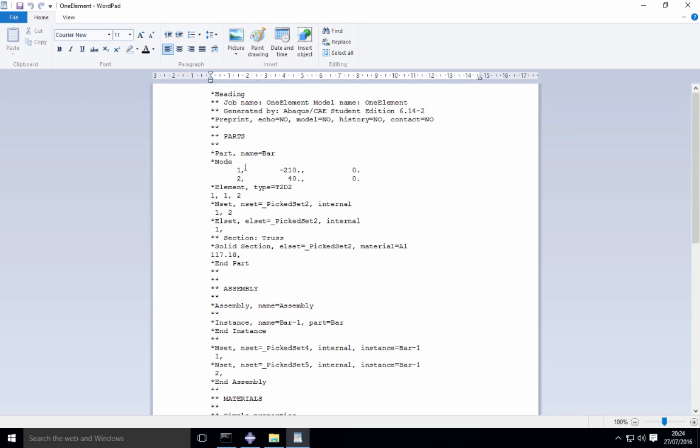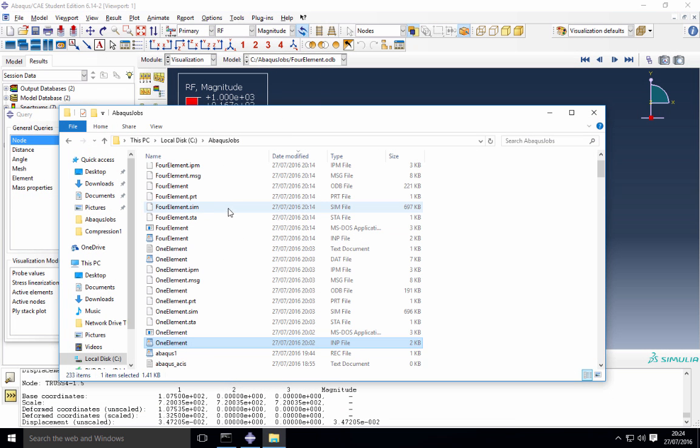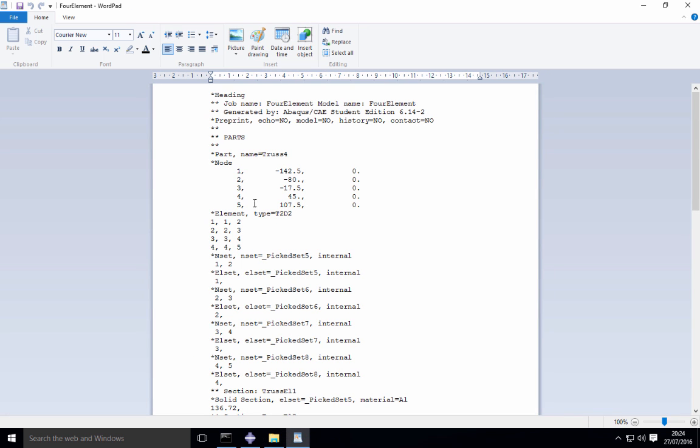So you just define the nodes, define the element, how it's set up, what kind of element it is, what are the properties, what are the materials, what are the boundary conditions. It's the same as you would do in your own code. Now this was for one element. If I also look at the one for 4 elements, the only difference I would see is the number of